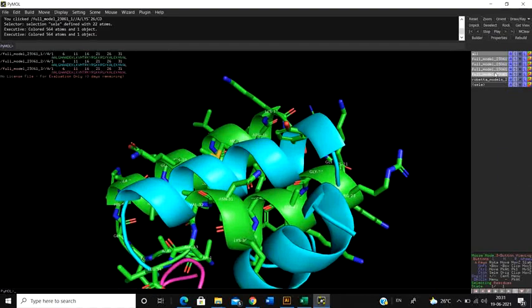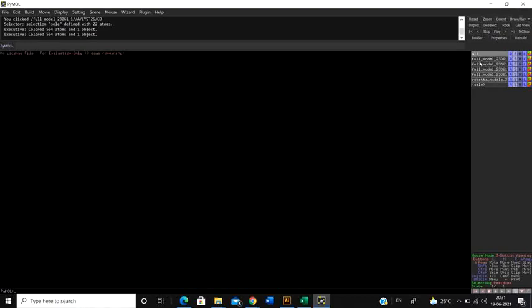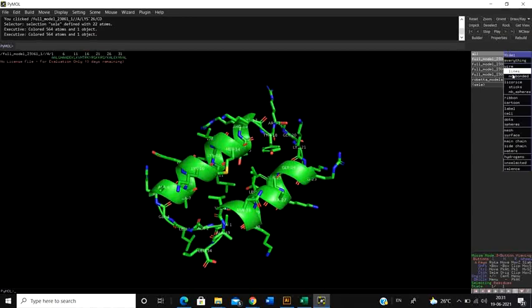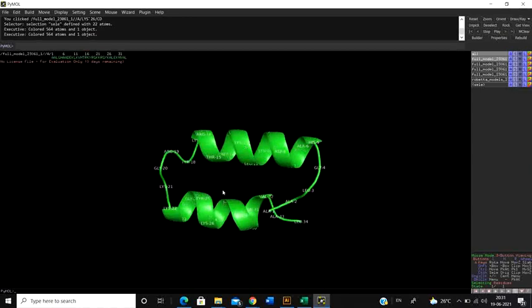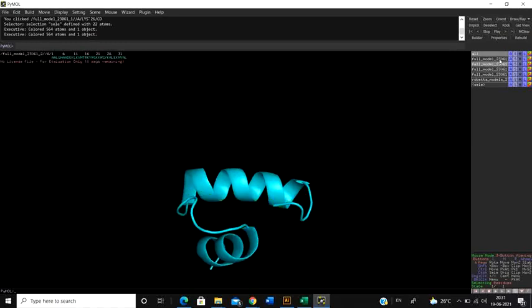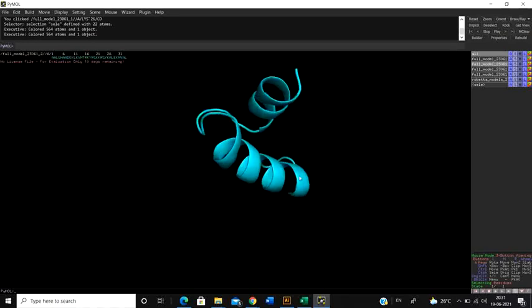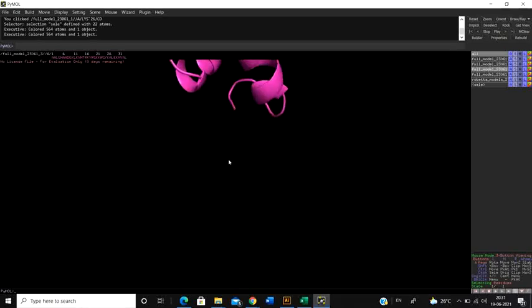Now since I have 4 structures, I have to analyze all these structures, right? So how are the structures different from one another? This is the first model. In this particular protein, the 2 alpha helices are parallel to one another. What about the second model? The second model is different. How is it different? It is 90 degrees to one another. The third model is also, sorry, not exactly parallel.